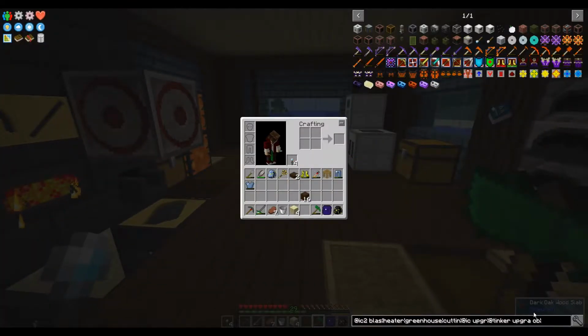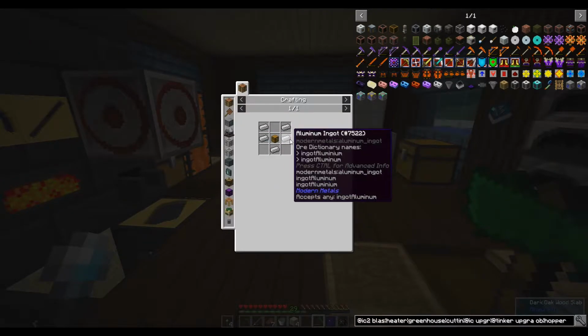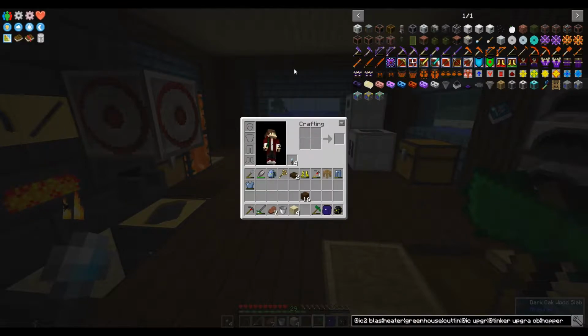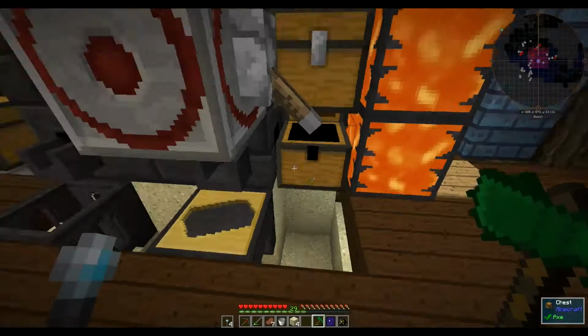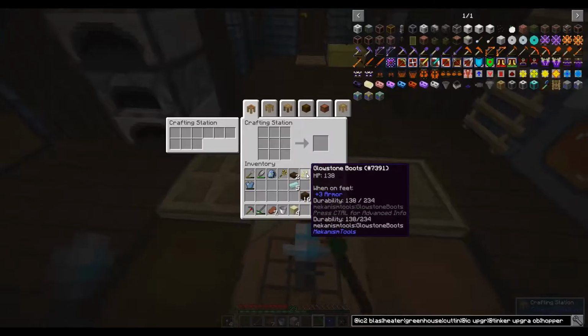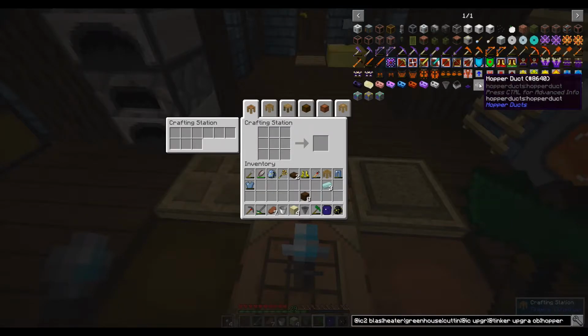So the first thing I want to do today is get a hopper. What we need for hoppers now is not the old traditional recipe. We need the aluminium instead of the iron, and then a normal chest as per normal. So we're going to go down here and get ourselves the aluminium, because I've been getting a nice bunch of it. I think we're going to need 2 or 3 more as well. And we need to get a chest as well, so we make a nice chest out of this. Bang! So we make a nice hopper like that, and then what we need to connect the chest to the